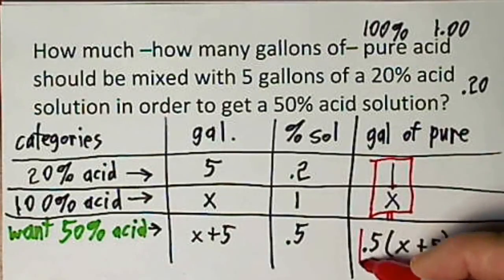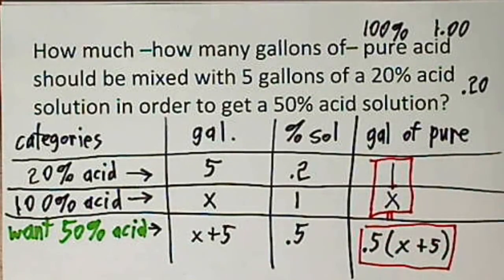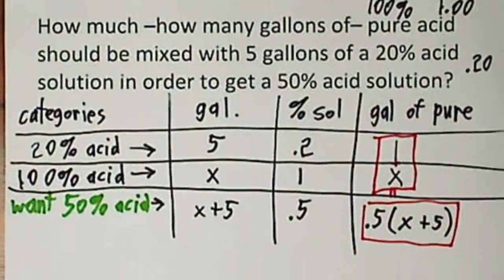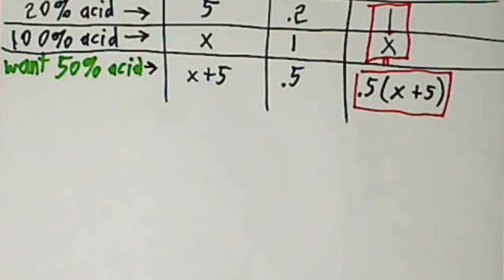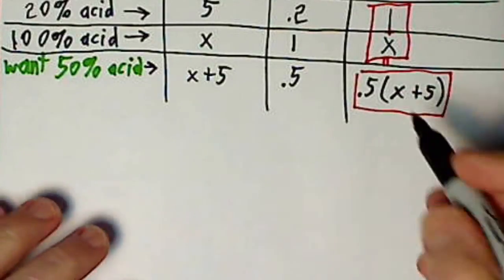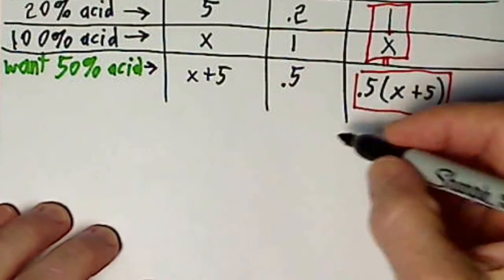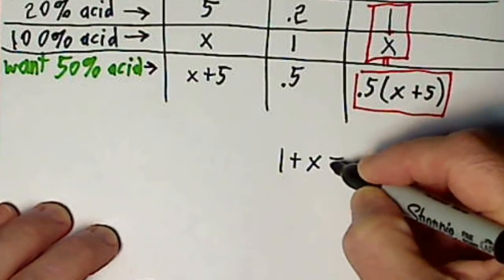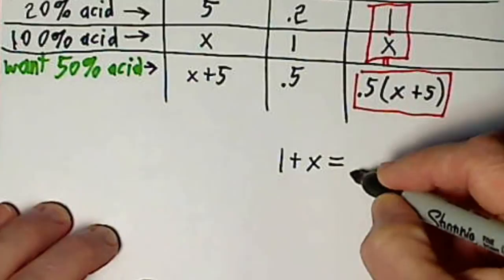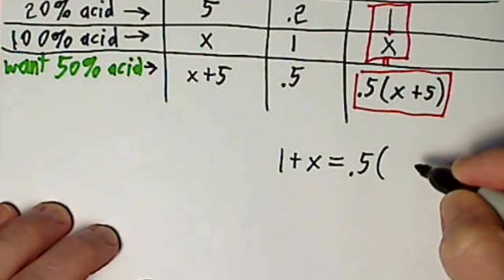So that plus that is going to be equivalent to that. So this will give us our algebraic equation. Slide this up and write the algebraic equation. 1 plus x is equal to 5/10 times